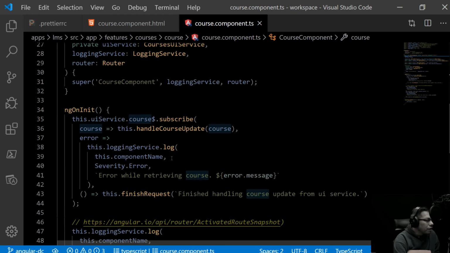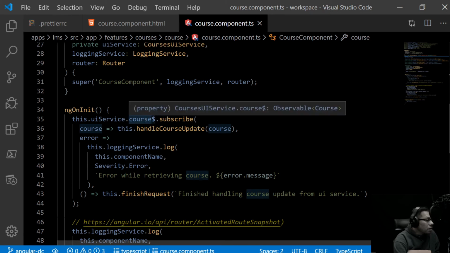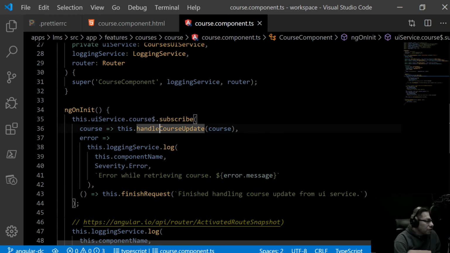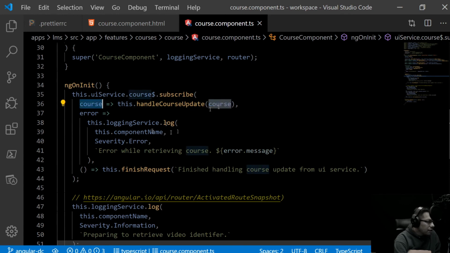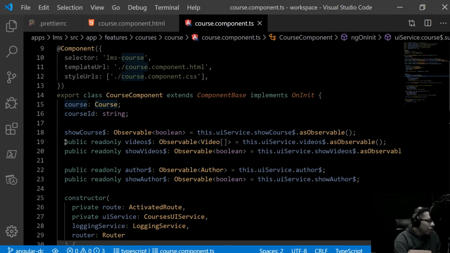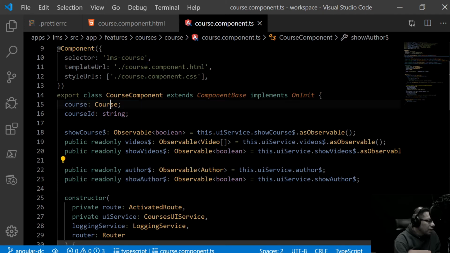What we're doing is subscribing here to the UI service course observable. And when that happens, we handle that. And basically we're saying, hey, this course is that. So we can apply the same pattern that we did here with these async observables